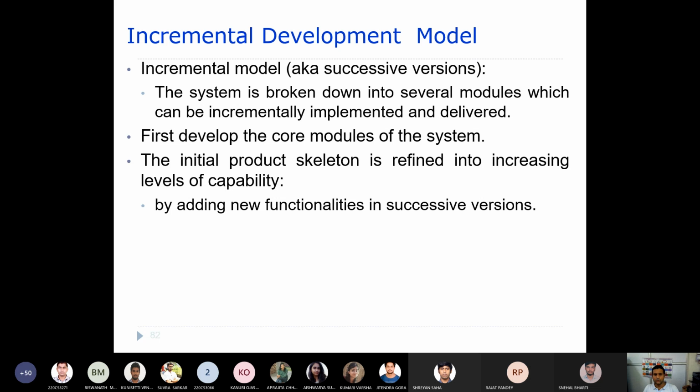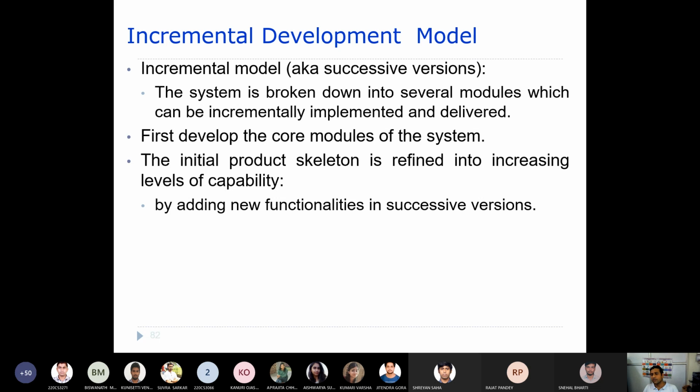Usually we develop the core modules of the system first. These are very independent modules; they do not have any dependency on any other modules. But the modules we develop in the next versions will be dependent on these core modules.